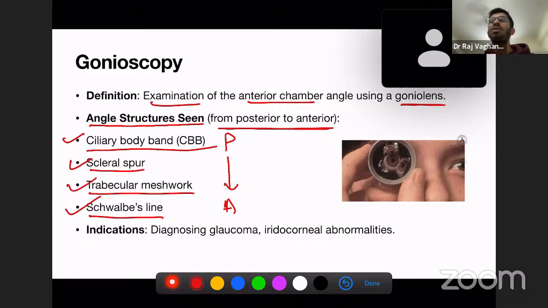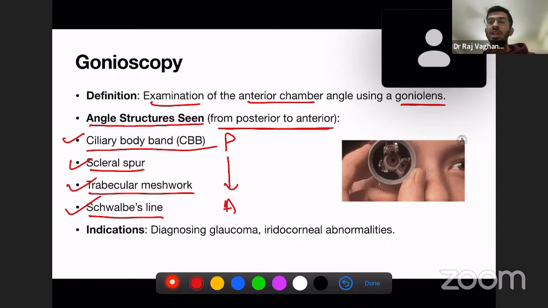So you don't need to read about these things in detail. Just remember these are the structures seen from the posterior to the anterior side using the gonio lens. The gonio lens works on a prism principle, just like the Bar prism works, so gonioscopy also works on a similar principle. The main thing is the structures seen in gonioscopy: from posterior to anterior, the ciliary body band, scleral spur, trabecular meshwork, and